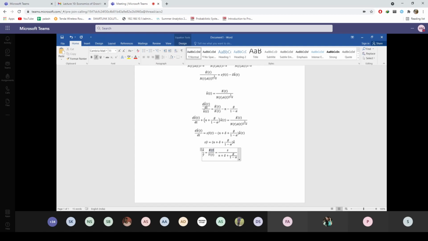But that's not the purpose of doing all this. The purpose of doing this entire exercise is: how do you define your state variable? You have to define your state variable in such a way that its time derivative you can set to 0 at the steady state. And that absolutely depends on the structure of the production function you are working with. That's the purpose. Anyway, anything else? Lakshya, have you got it? Yes, sir.